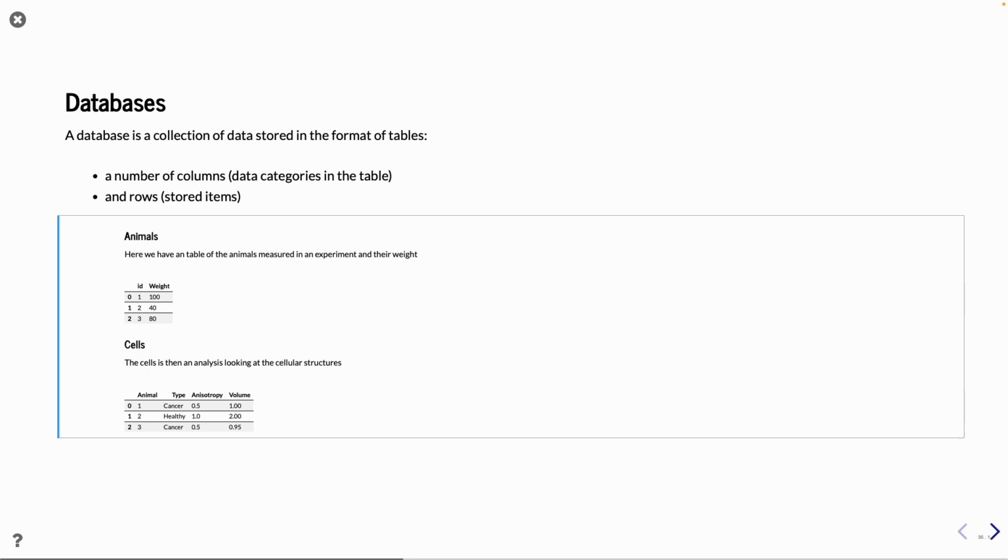Could be just single numbers, but it could also be images that you put into the database. And we already have seen something like it in principle with the pandas data frames, which is kind of a database where you have these tables with some columns in it, and you can do queries. And the idea is that you are not repeating information in the database. So if you have, for example,